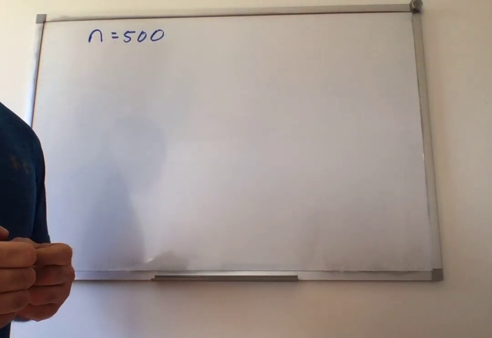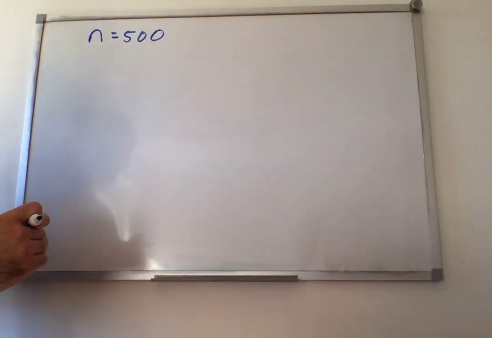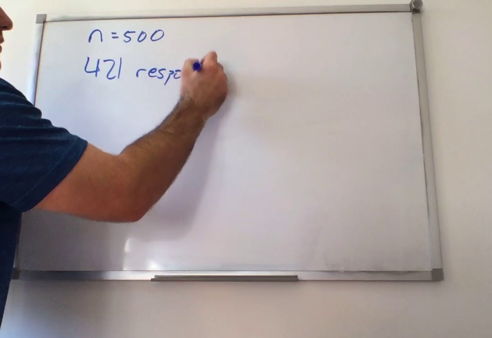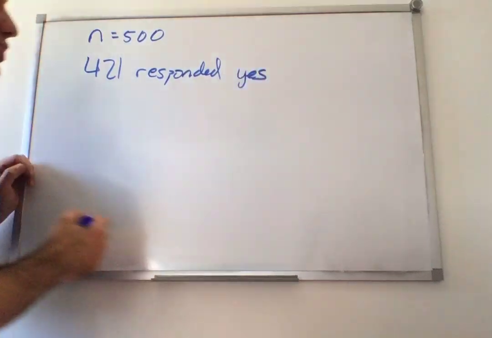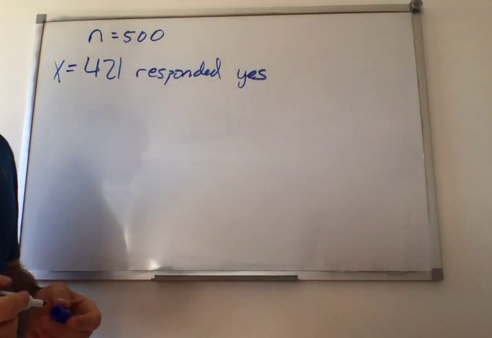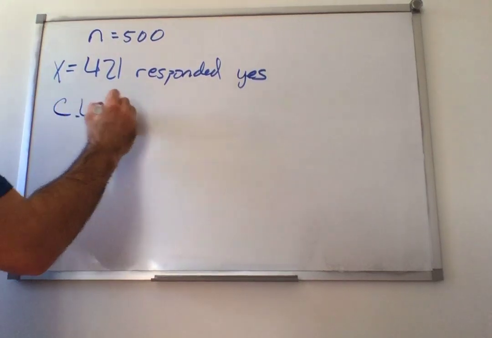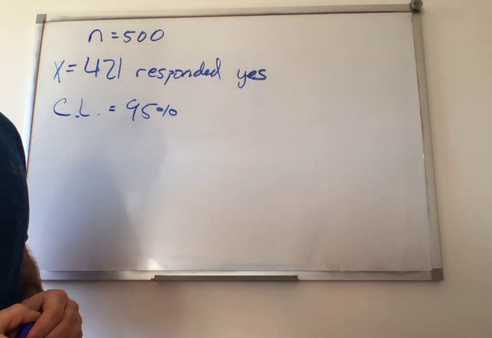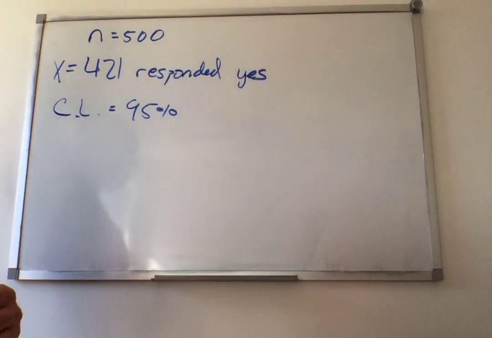Selected to be surveyed, determine whether they have a cell phone. Of these 500 people surveyed, 421 responded they own cell phones. So responded yes. Do you own a cell phone? Yes, you do own a cell phone. This is going to be our X right here. Now, using a 95% confidence level, so our confidence level here is 95%. Compute a confidence interval estimate for the true population proportion of adult residents of the city who have a cell